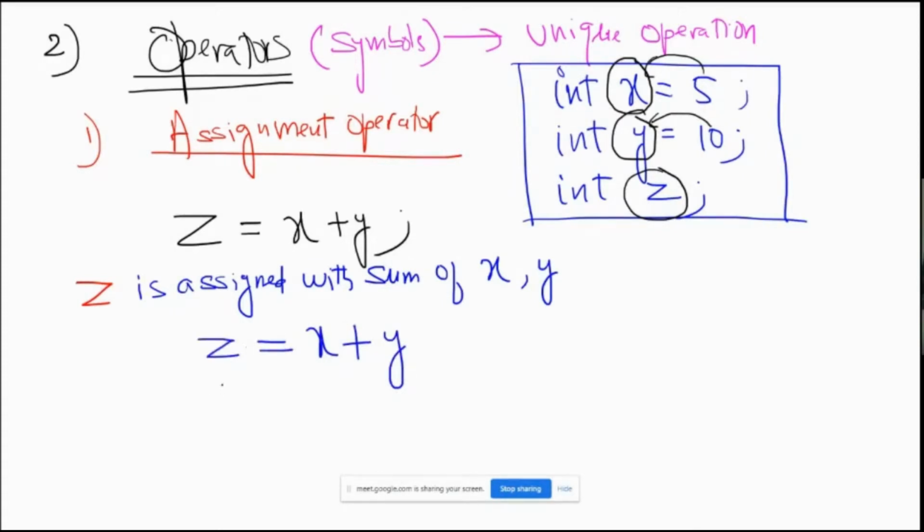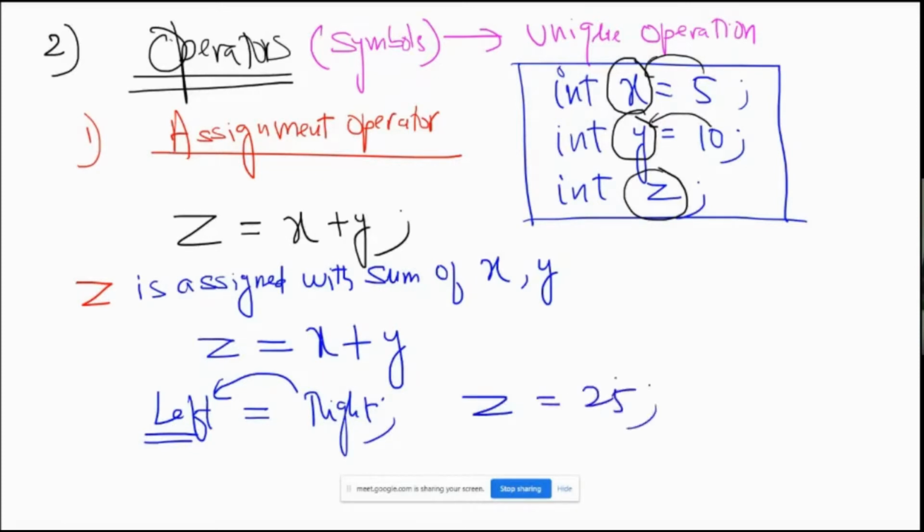So in general, for the assignment operator, the left hand side is assigned with something on the right hand side. Whatever you are writing on the right hand side of this equal to symbol is assigned to the left. So this is the variable having that value. The right can be anything. It can be a value. Say for example, in this case, z is assigned 25. In this case, 25 happens to be a constant, which always has the same value.